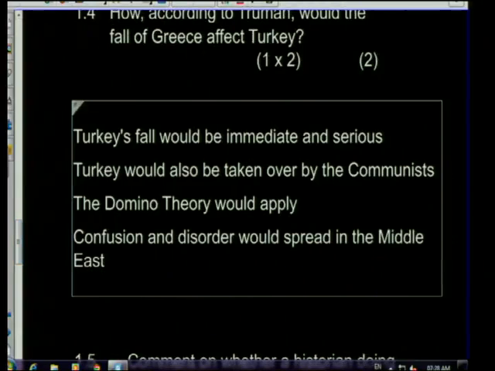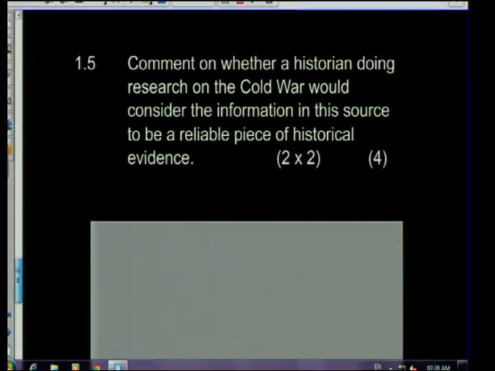And then if you look at the possible response there, Turkey's fall would be immediate and serious. Turkey would also be taken over by the communists. The domino theory would apply. Okay? Confusion and disorder would spread in the Middle East. So in other words, problems will not just end in Greece, but they will carry on and affect other countries as well. And then the next question is,